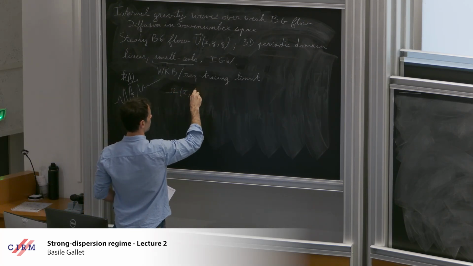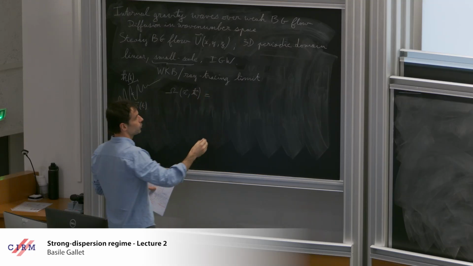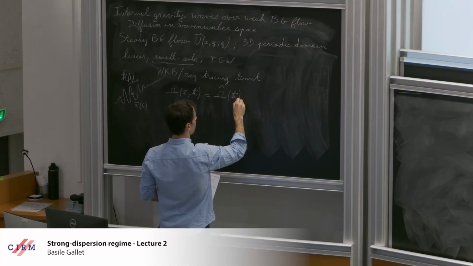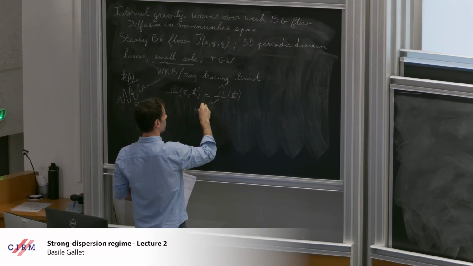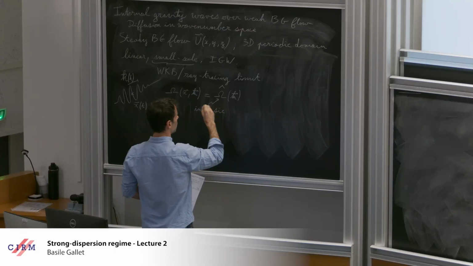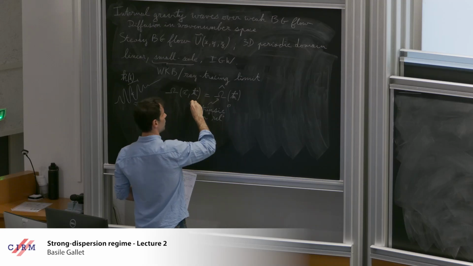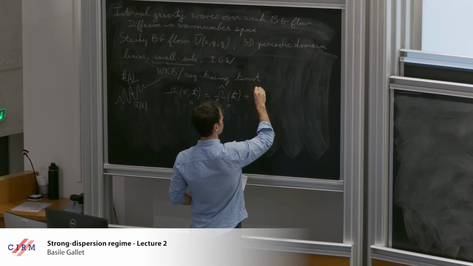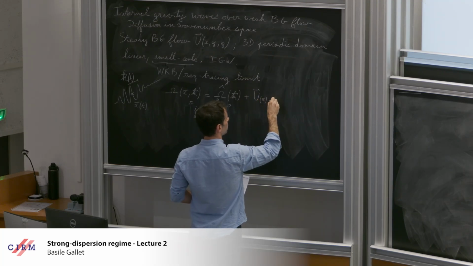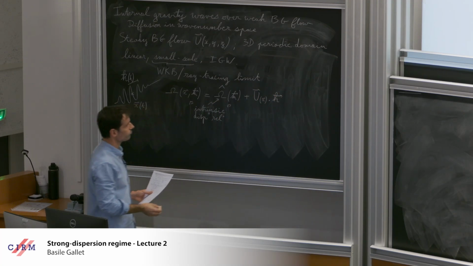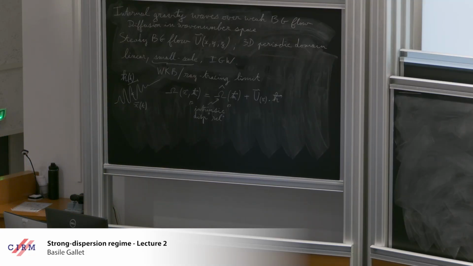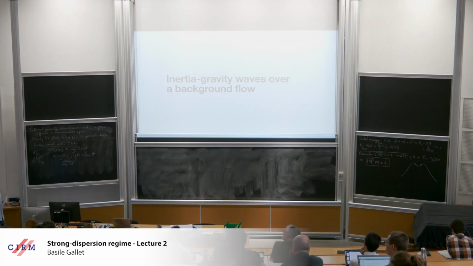You're going to write the dispersion relation omega of x, k as the intrinsic dispersion relation. That's the dispersion relation in the absence of a background flow. And then you have Doppler shift due to the background flow. So it's u as a function of x dot k. So that's the Doppler shifted dispersion relation. This background flow conserves the